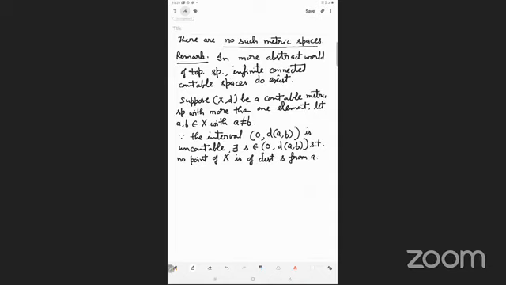Think about that, because you have taken X as a countable metric space. Then if you are taking two elements in X, what you find is that their distance is not